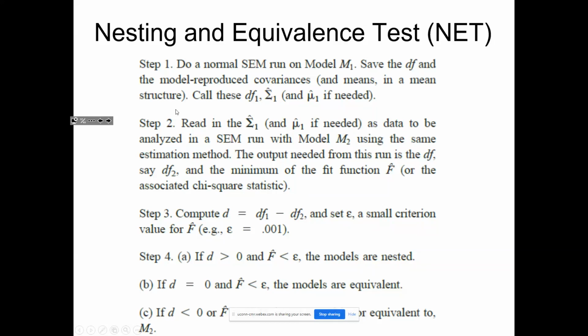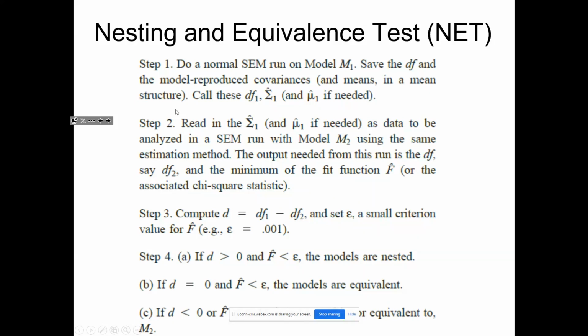It would fit perfectly because, right? That's what I got: my model implied variance covariance matrix. That's what I got from using the model I had. So now if I just took that model implied variance covariance matrix and ran my model through it, I would get perfect fit, right? So the logic is if I do that